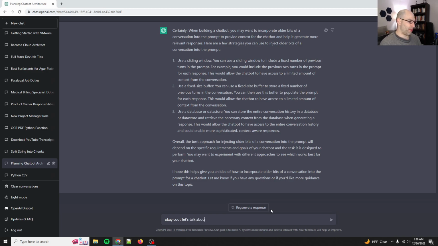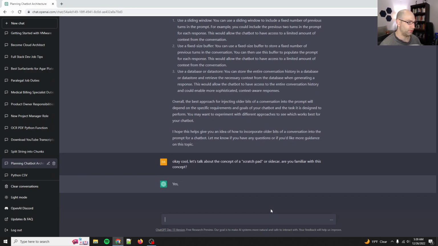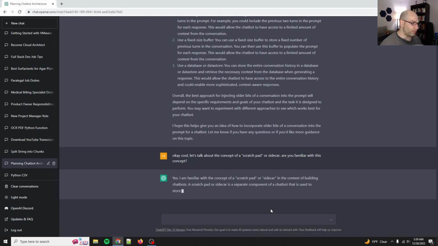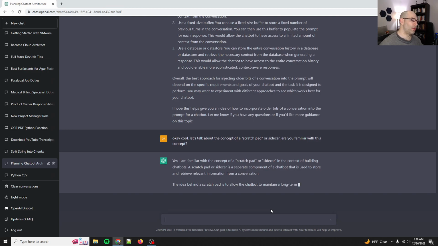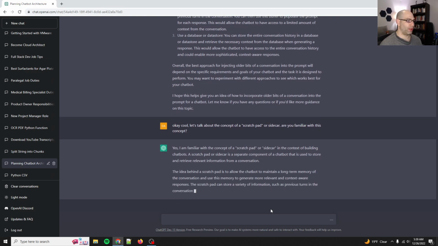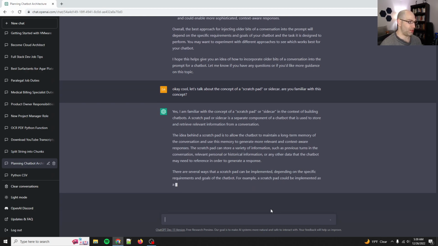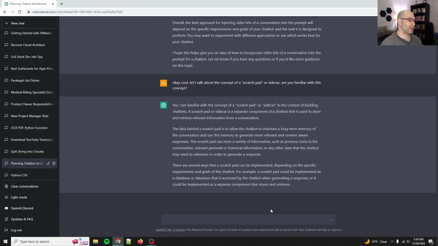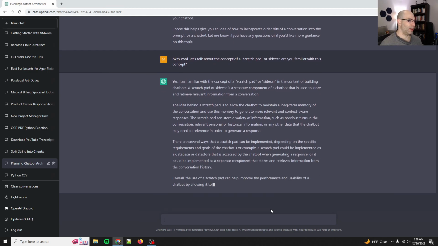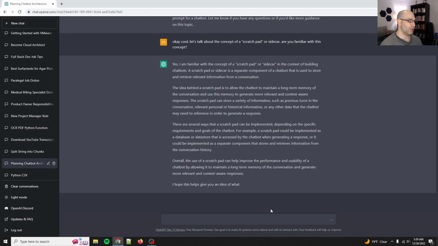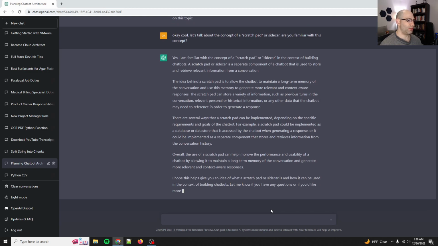Okay, cool. Let's talk about the concept of a scratch pad or sidecar. Are you familiar with this concept? Okay. Used to store or retrieve relevant information. The idea behind a scratch pad is to allow the chatbot to maintain long term memory of the conversation and use this memory to generate more relevant, context aware responses. There you go. There are several ways that it can be implemented. Okay,